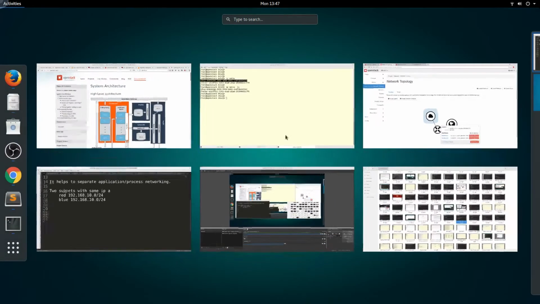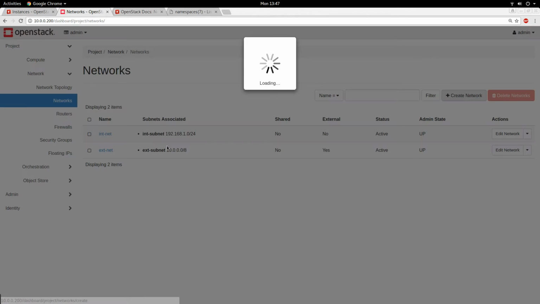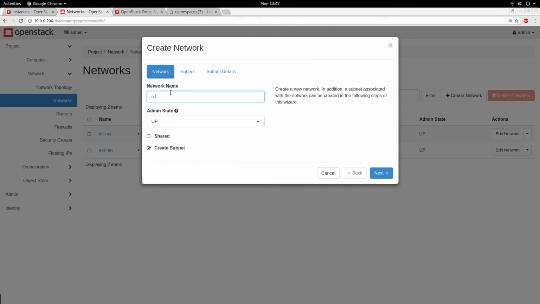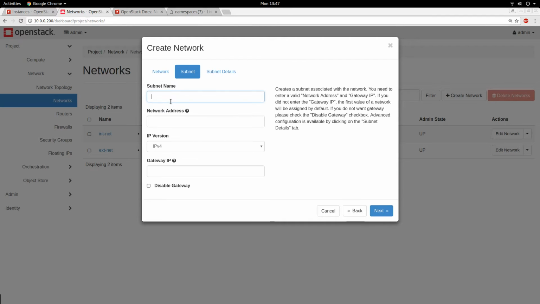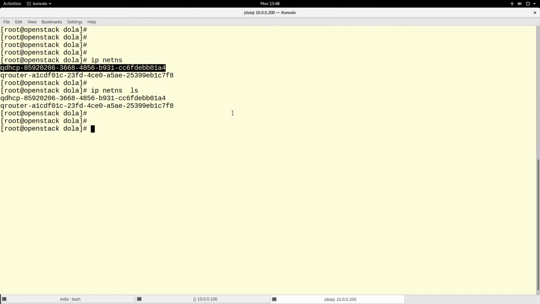So what I'm going to do is create two networks. Let me create one network. I'll call it the red network. Next, create the subnet, and here I'll give the network address to be 192.168.10.0/24. Next, so let's create it. That is my red network. So if we go back to the terminal,